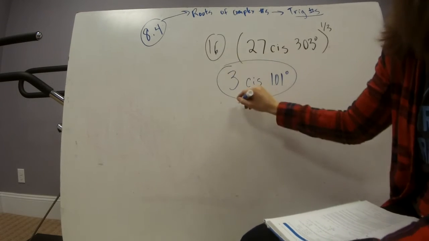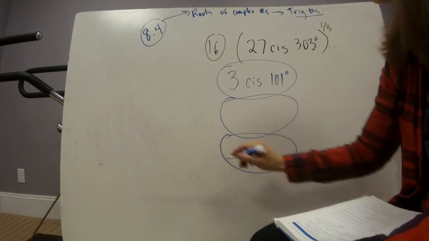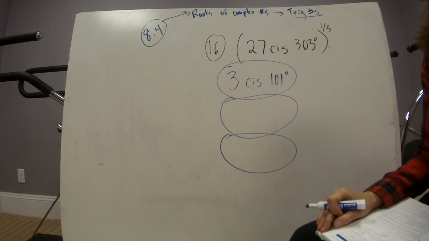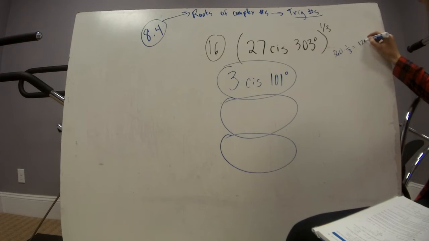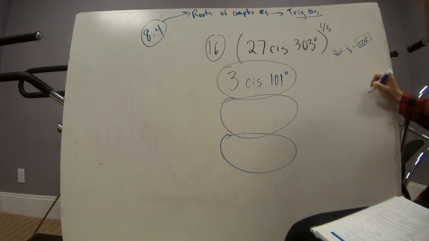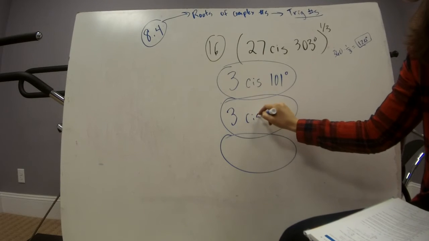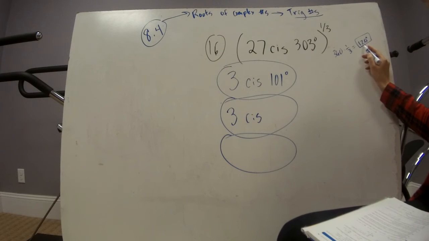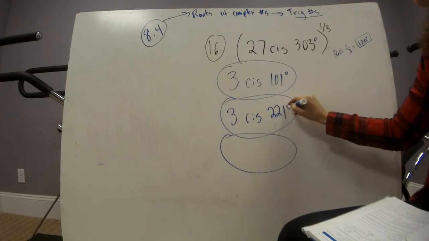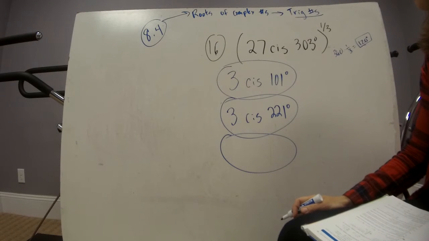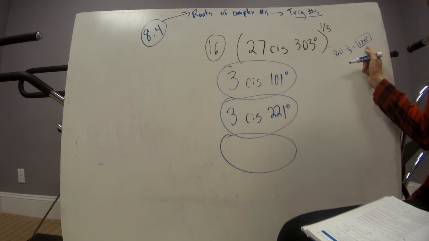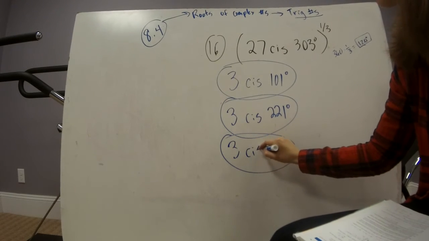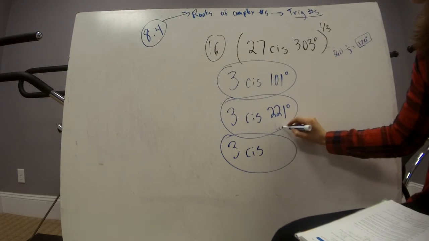So here's the thing. There's this answer, but I need 2 more, because whenever you take a cube root, you need 3 answers. All right? So what I do is I take 360, whole circle, times 1/3. 1/3 of 360 is 120, right? So I do 3 cis 120 plus 101 is 221, right? And then 221, I add the 120 again, okay, to this. So 221 plus 120 is